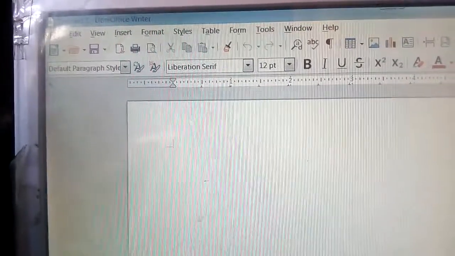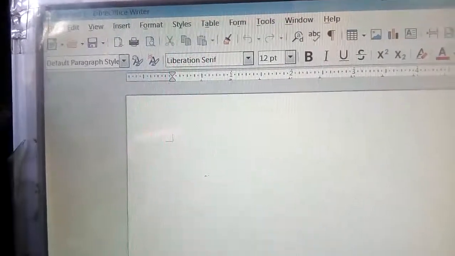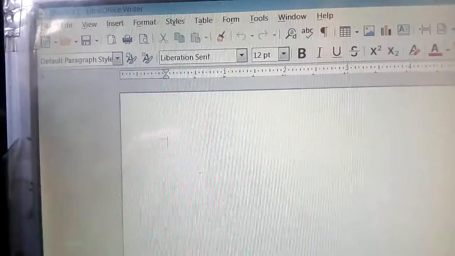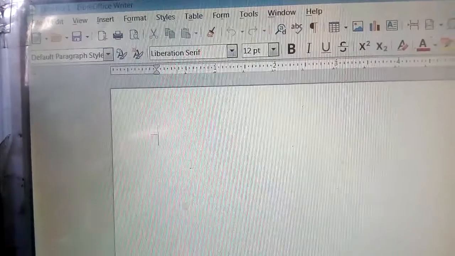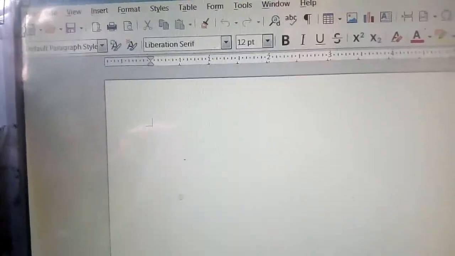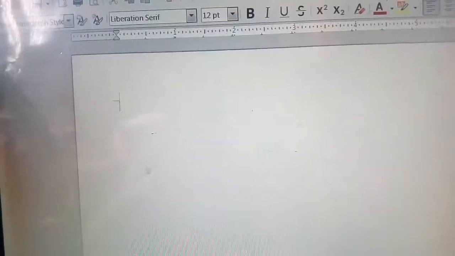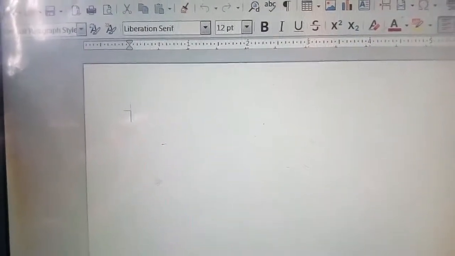Suppose you want to do revision, so during revision you can track changes. Then the file you can export to PDF, that we can do in MS Word also. There we did that when you are saving a file, you have to save it as a PDF. Here you have to export to PDF. Then database integration, bibliography, database, you can do here.